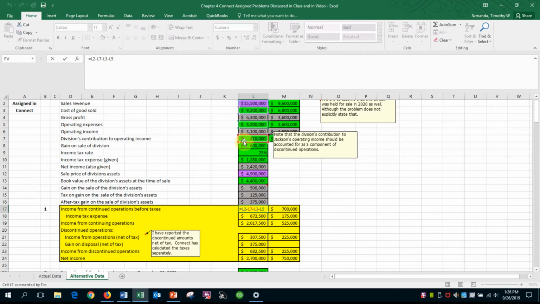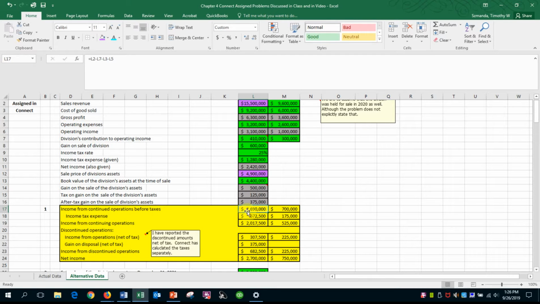Also, what we take out then is the cost of goods sold, and we'll take out the operating expenses. So that gives us our pre-tax income from operations, using my numbers of $2.69 million for 2021, which is the year I'm concentrating on. Your numbers, of course, will be different in Connect. Your answer will be different because I've changed the data. Now I have to calculate the income tax expense, which will be 25% of $2.69 million. Deduct that, and I have my income from continuing operations of